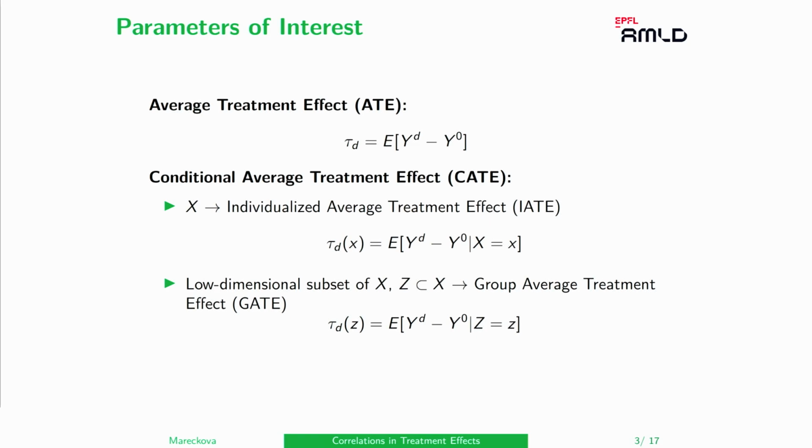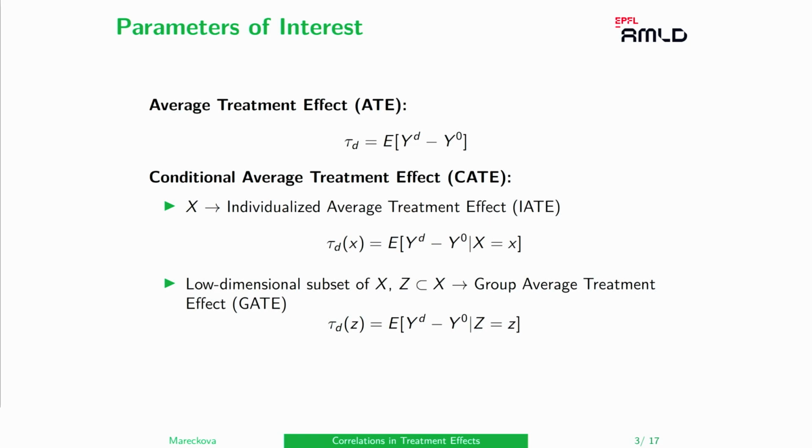A very standard classical parameter of interest is the first one, the average treatment effect, where we look at the expectation. So E stands for the expectation. What we expect to happen on average in the population of all the unemployed if we would look at the difference between the potential outcome from program D and the potential outcome in the situation when those individuals would not